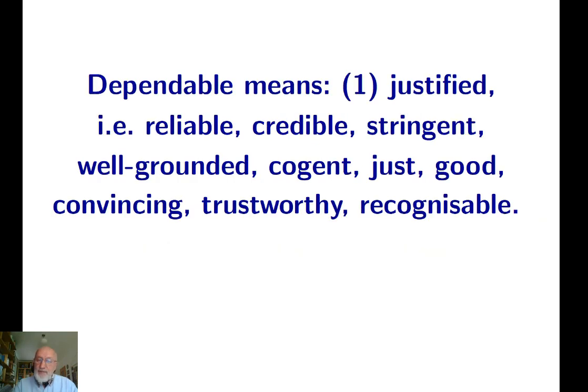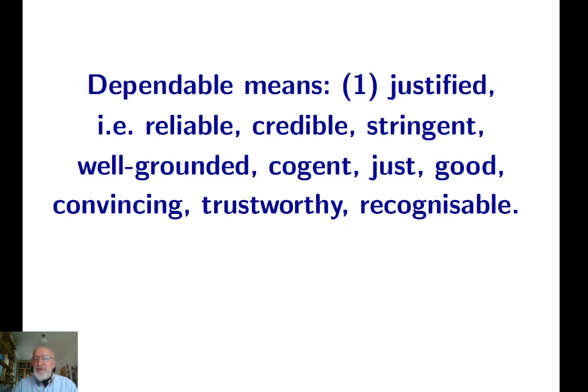Dependability means, first of all, it should be justified. We should give a reason why we are using that thing as a model. Justification means we should have an explanation. We should have a reason to believe in that thing in a proper way. We should also have some kind of coherence, conformity. We should also be able to say, no, this is not yet a model. That means we should have some validation, falsifiability, and we should also have some kind of